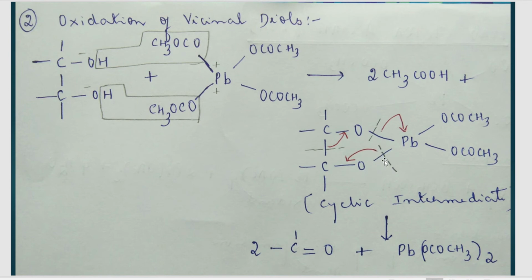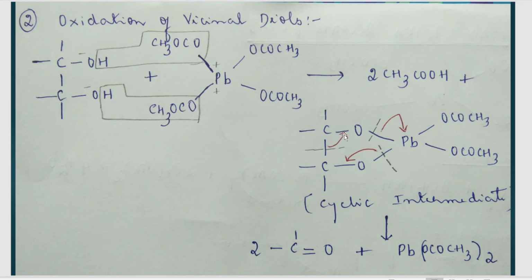Here, this bond is there, no? It will shift here to form a double bond between carbon and oxygen, and this bond will shift here to form a double bond between this carbon and this oxygen. Because this bond is shifting away from Pb, Pb will get a positive charge, and in order to neutralize that positive charge, what happens? This bond here shifts onto Pb, so that the positive charge Pb had acquired gets neutralized, and there is bond breaking here, here, and over here.